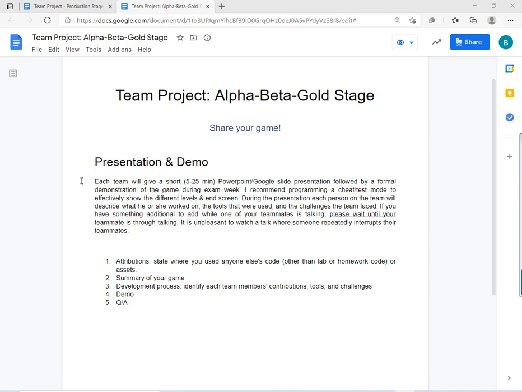Each team is going to give a short 5 to 25 minute PowerPoint or Google Slides presentation, followed by a formal demonstration of the game during exam week. And this 5 to 25 minutes varies depending on how many people are on the team. I recommend programming a cheat mode or a test mode so you can effectively show all the different levels in